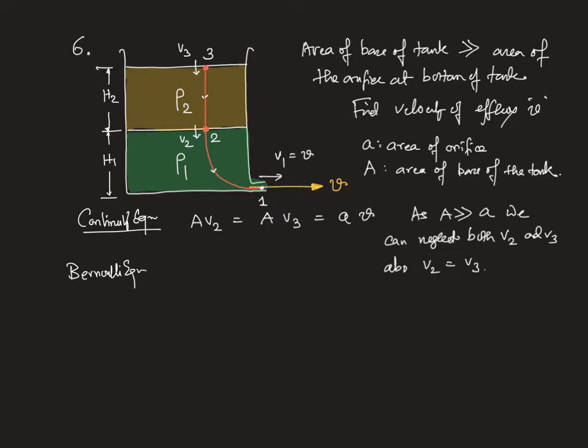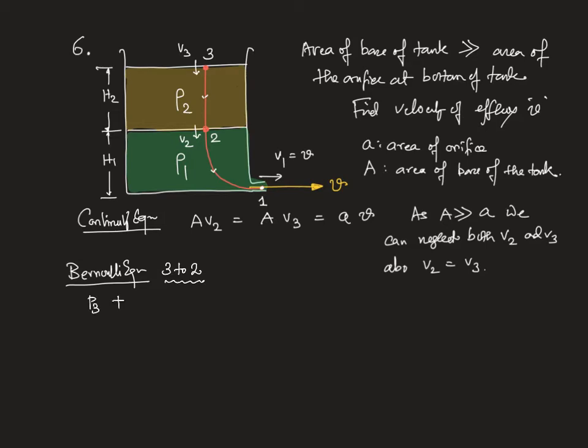Next we apply the Bernoulli equation. As you know, the Bernoulli equation is applicable for a single fluid. So first consider the streamline from point 3 to point 2, if you consider the direction of the flow. First we consider point 3 to point 2, then next we'll consider 2 to 1. So 3 to 2,